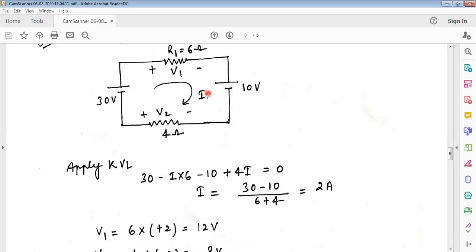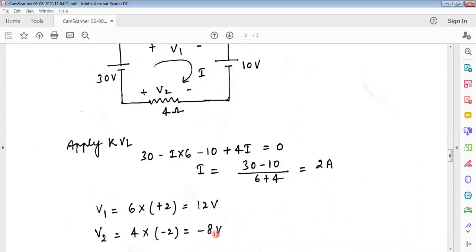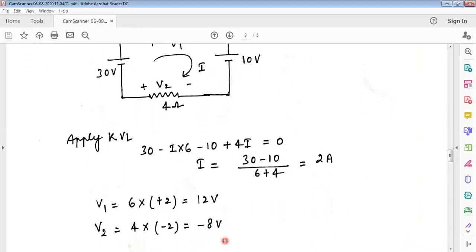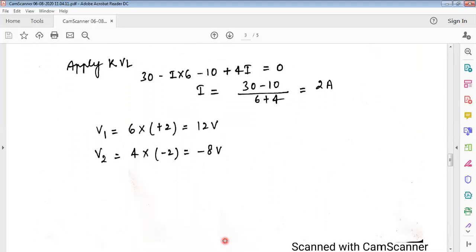So sign for this current, you have to take as plus 2. Here there is no sign convention, only the current you have to find out. So this will be 6 into plus 2, 12, is equal to 12. And for V2, here current is entering the minus sign, so 4 into minus 2 is equal to minus 8 volt. Clear? So this was about the KVL: how to apply the KVL, how to write the KVL, and how to apply the sign convention